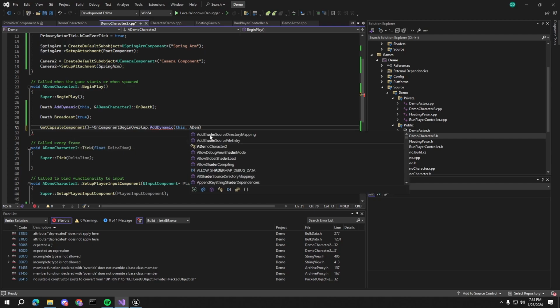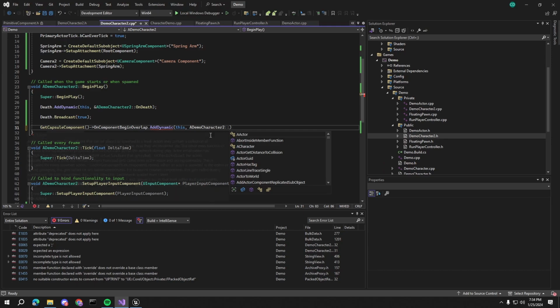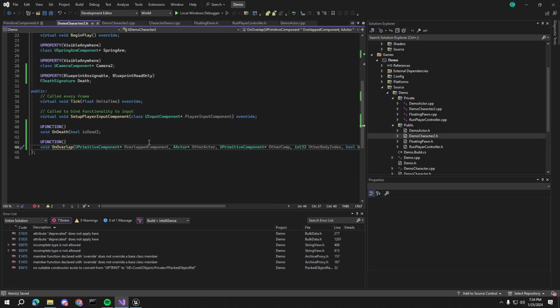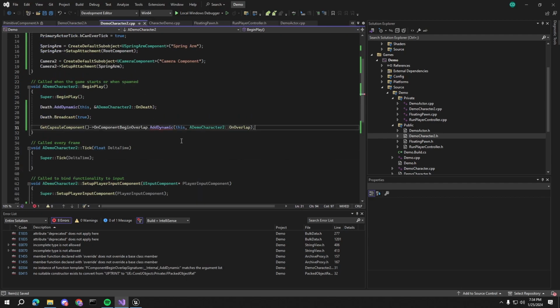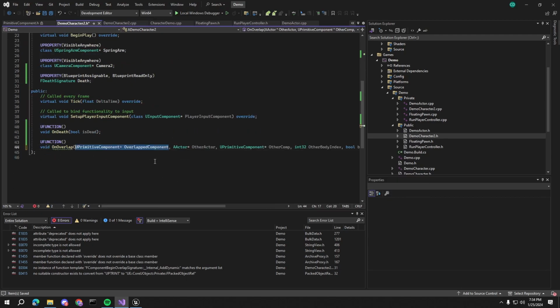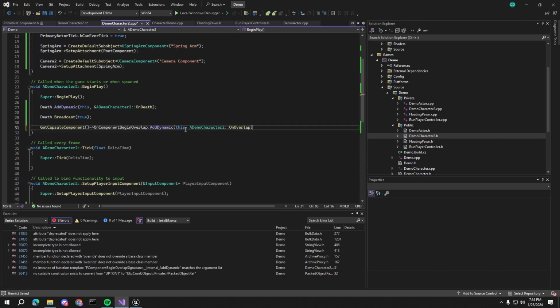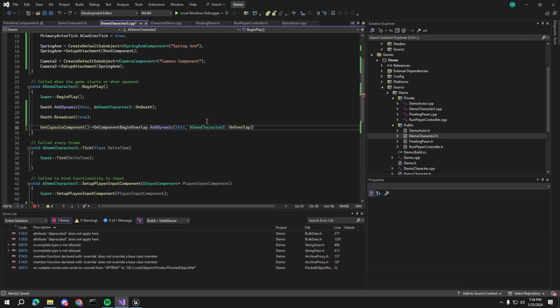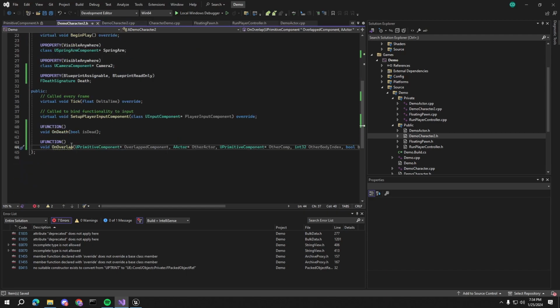So A demo character 2 on overlap. And hindi na siya mag-error. If I remove something here, it should error. Okay? Oops, don't forget, ampersand. And there we have. This will work. To test it out, I